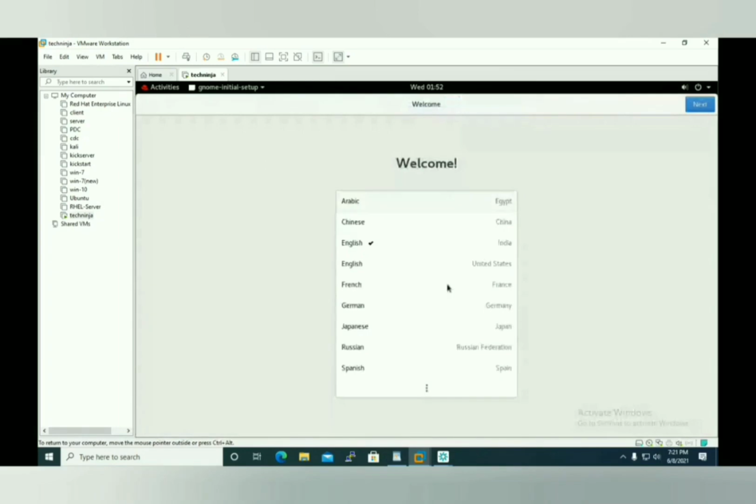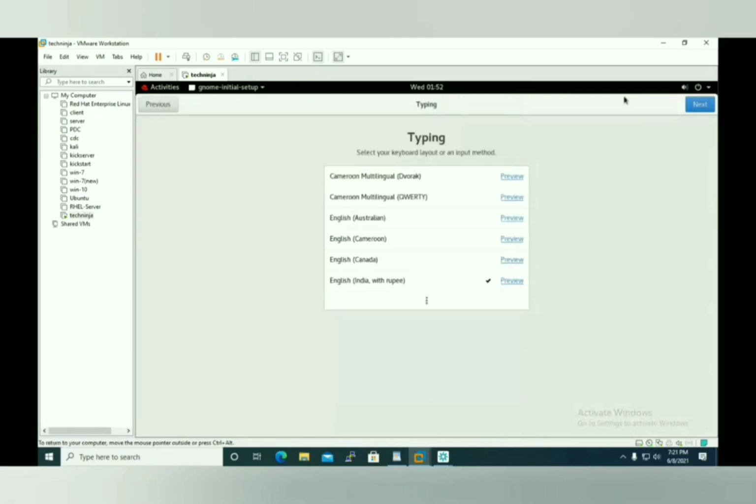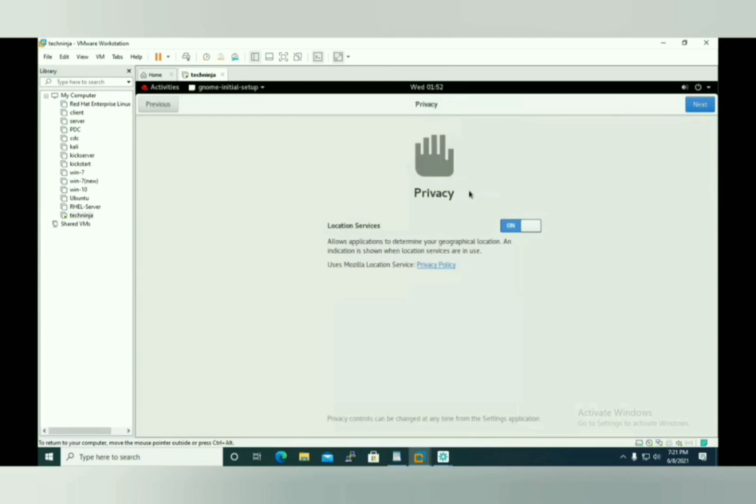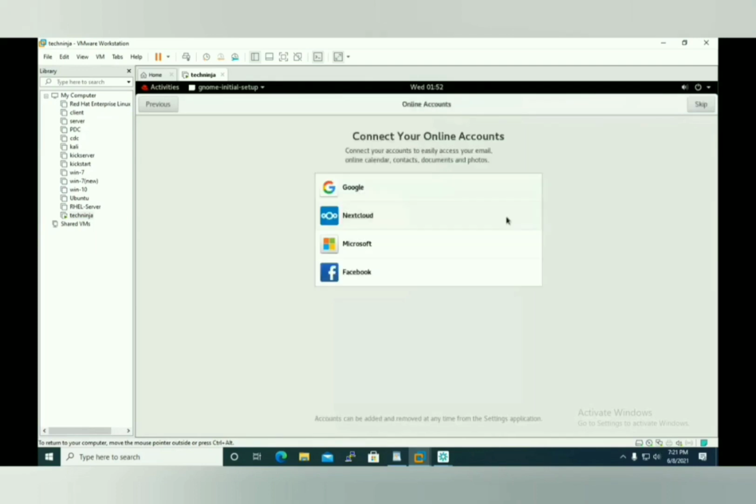Since I log in for the first time, it will ask me for the UI language setup page, which is displayed now. You can see here regarding the UI language page, I have already configured it at the time of installation, so you can just skip this process. Click on next. Regarding the keyboard, next, we have already done. Regarding the location and privacy, if you want, you can share your location, but myself, I don't want to share my location, so let me just turn it off. Next.